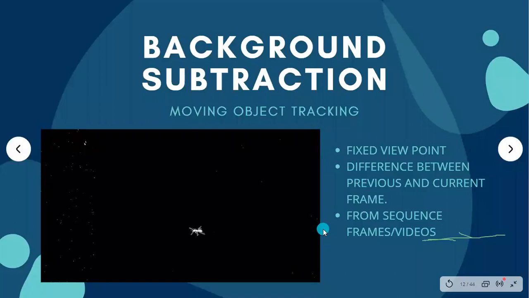But we have a problem now. If you zoom in around here or on a closer inspection, you can find that there are a lot of individual pixel intensities or white pixels springing up at different parts of this image. These are called noises because these are not any contribution of any of the moving elements or the foreground elements. These are noises because these can be contributed by the,